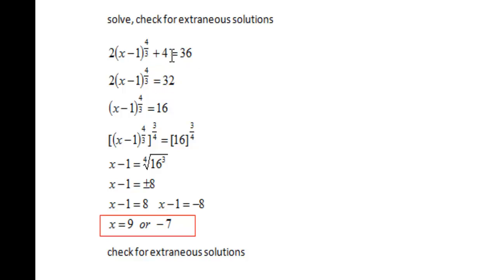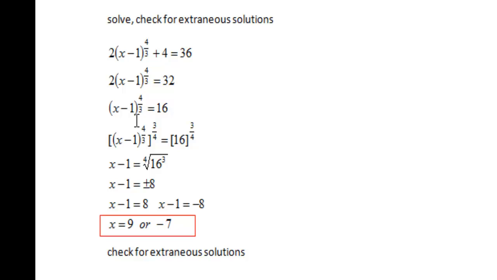What I did was I simply subtracted 4 from both sides. Then I'm going to divide both sides by 2 so that you'll have x minus 1 to the 4/3 equals 16. X minus 1 to the 4/3 is isolated now. What we're going to do to make it so that you don't have a fractional exponent is you're going to raise both sides to the power of the inverse of 4/3, which is 3/4, or